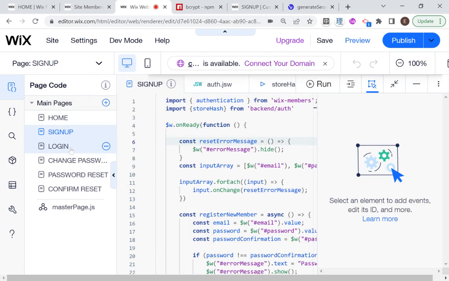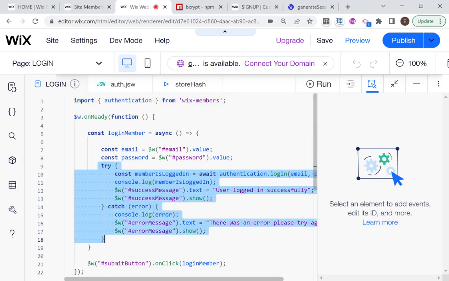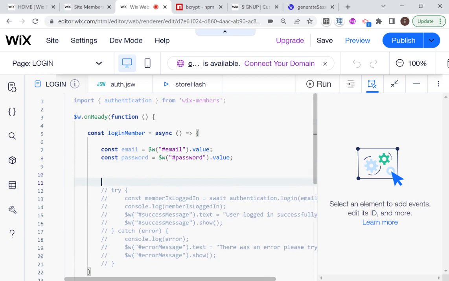Go to login. And so here what we have now currently is logging in a member using the standard authentication.login. But actually what we're going to be doing, I'm going to comment this out. And we're going to be creating a new login system that will log them in based on the authenticate user. So let's say const session token is equal to,